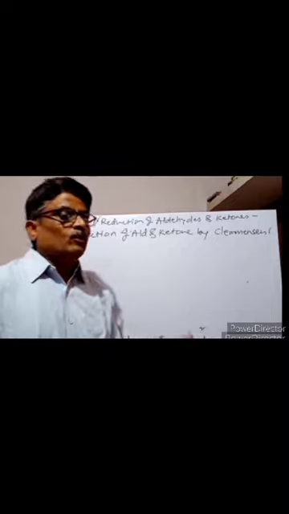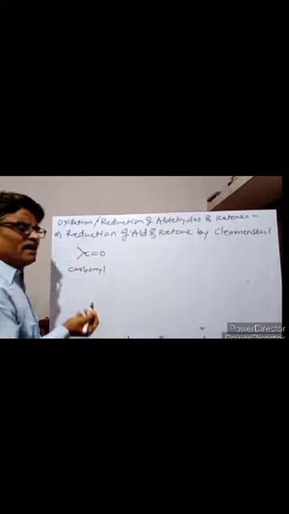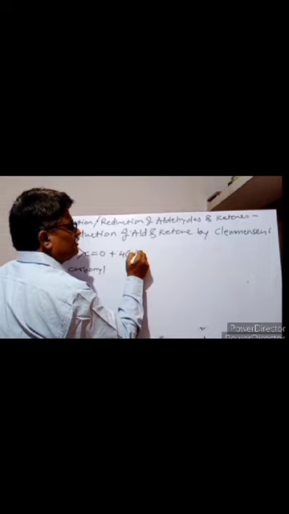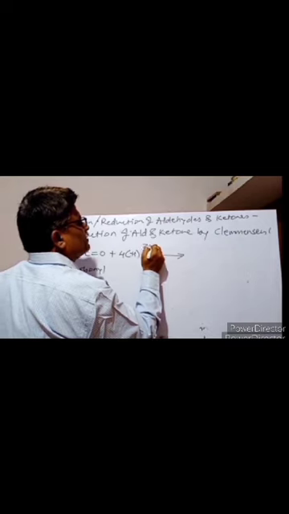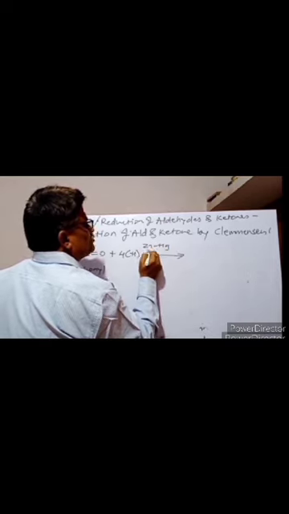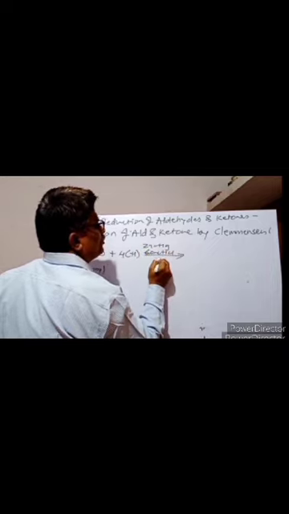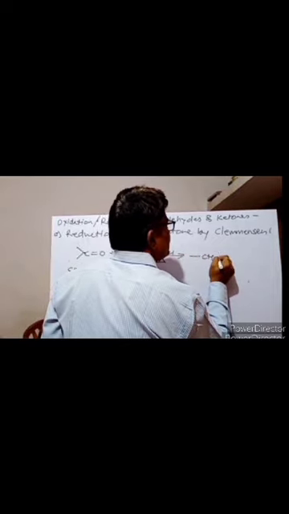The reaction is shown like this. The carbonyl group of an aldehyde or ketone is reduced by 4 nascent hydrogen atoms in presence of zinc amalgam and concentrated hydrochloric acid,